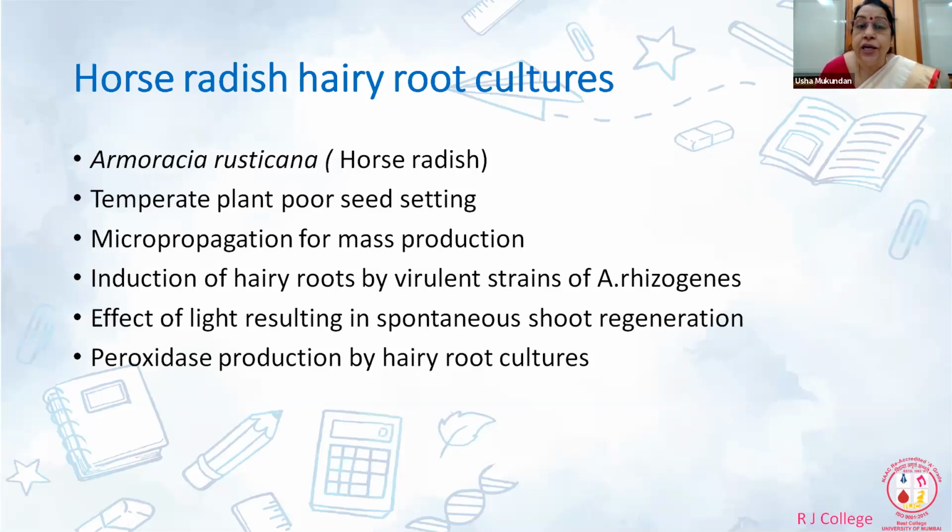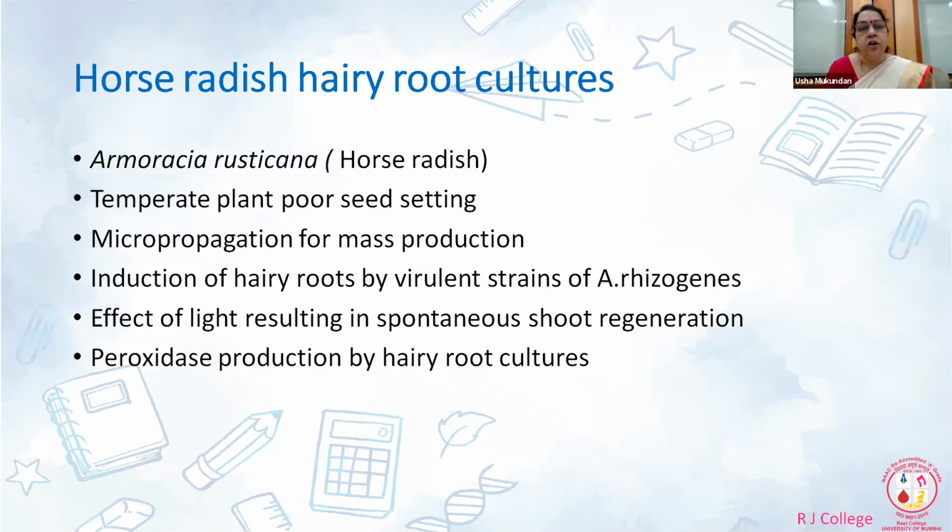So horseradish is an important source of a very important enzyme, peroxidases, which belongs to the category of oxidoreductases. Now, this enzyme peroxidases is amazing because it can utilize many substrates, and they can be broken down. So phenols, then aromatic amines, then you have many of the dyes, coloring agents, synthetic coloring agents, which are a headache for many chemical industries. They can be decolorized by this particular enzyme.